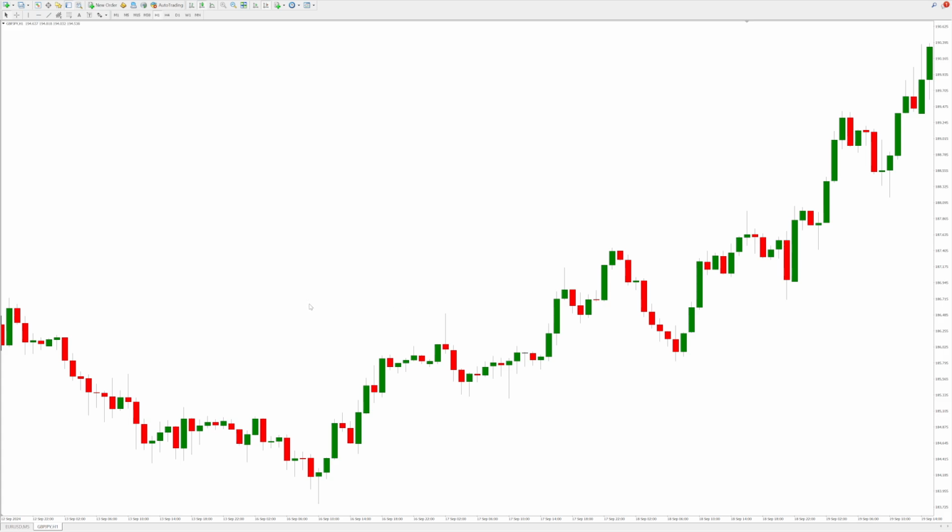Basically with the flag pattern you're looking to find a bullish flag in an uptrend or a bearish flag in a downtrend. So first of all, what you need to do is first find a trend. So we have an uptrend here, yeah? This is going to be our flagpole. Okay. And then we're going to look for the flag, which is marked out,